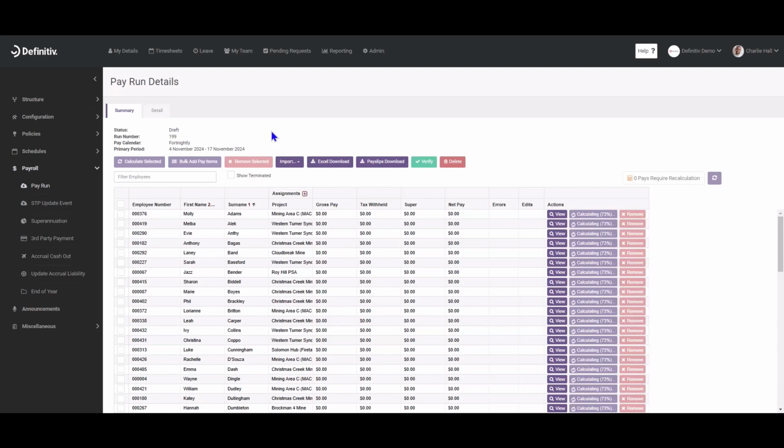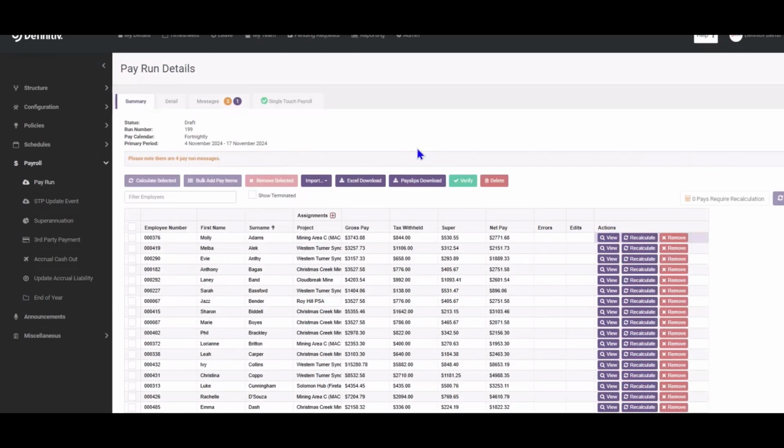The system also looks outside of this pay period. So looking before the 4th of November, have there been any changes that have happened that's going to affect a previous pay run or a pay calculation? Thinking about those back payments due to pay increases, potentially those retrospective award increases, the system's now calculating those back payments for us within here.